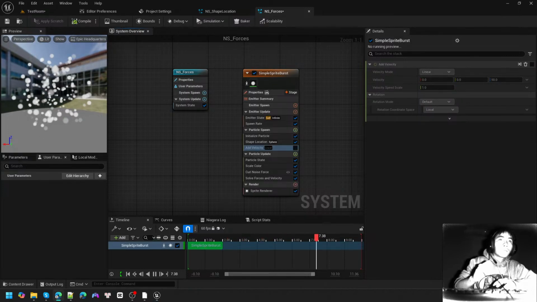And you can see using Curl Noise Force is the fastest way to provide randomness to the movement of our particles. So in here, for this module's inputs, we can control the noise strength and the noise frequency. So say I now increase the strength from 10 to 100. And now my particles, they have a lot more randomness. And if I also